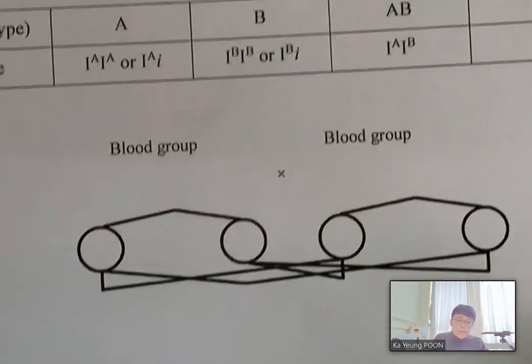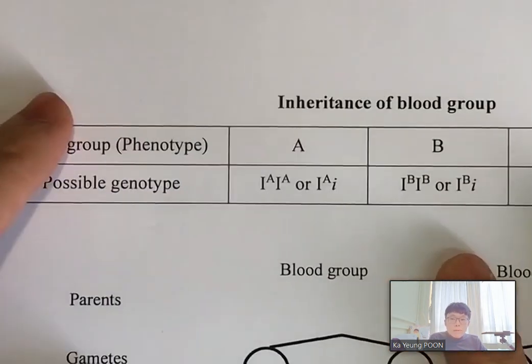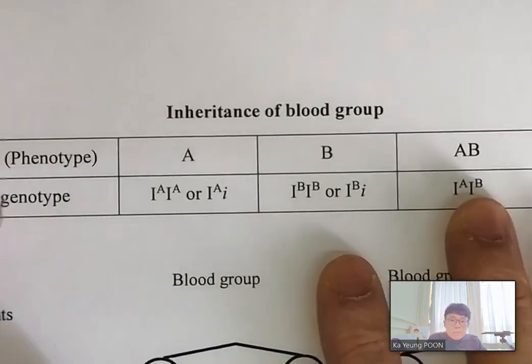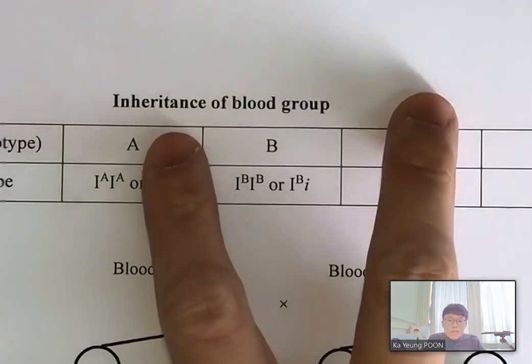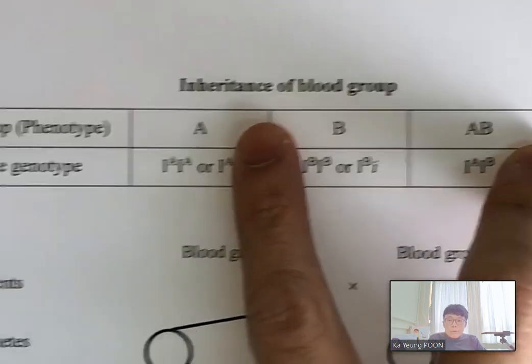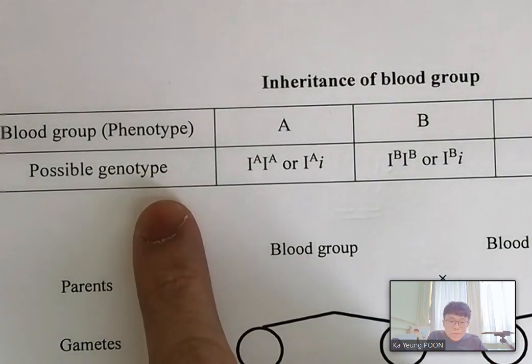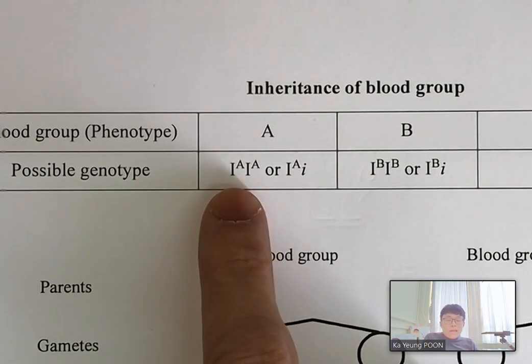So let's talk about the blood group. Back to here, blood group. Now, we know there are four possible blood groups that we're going to study: blood group A, group B, group AB, and group O. So we have these four common blood groups. The possible genotypes would then be controlled by a pair of alleles, and of course, it could be